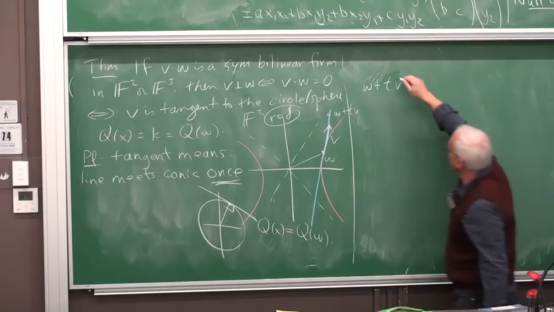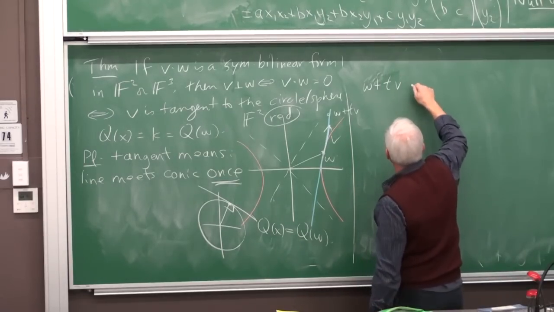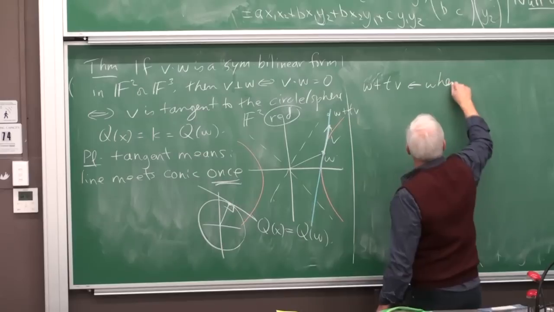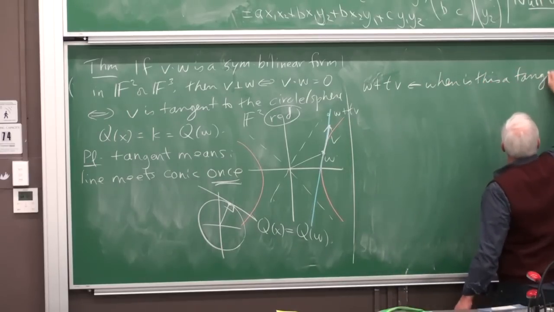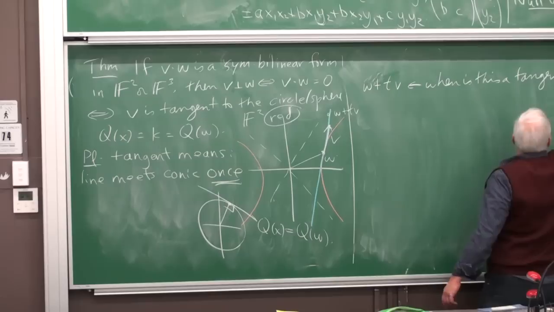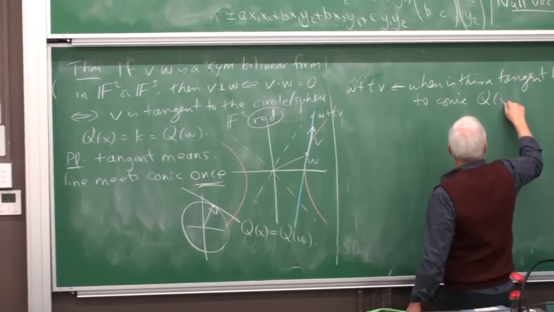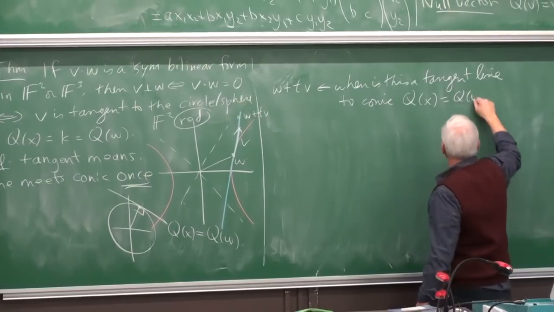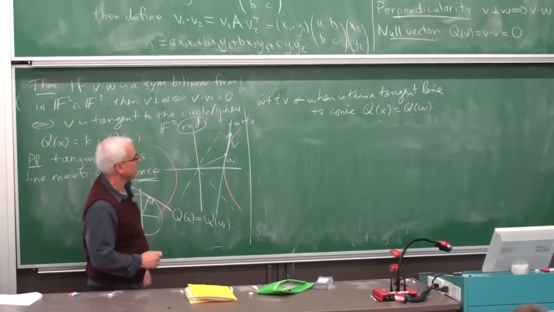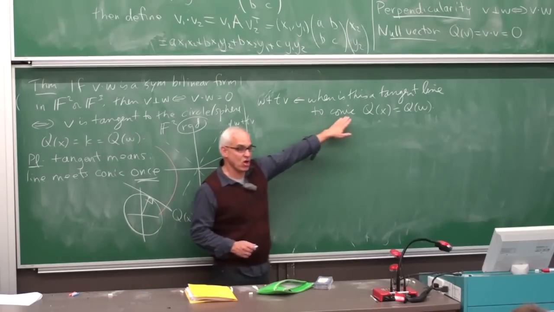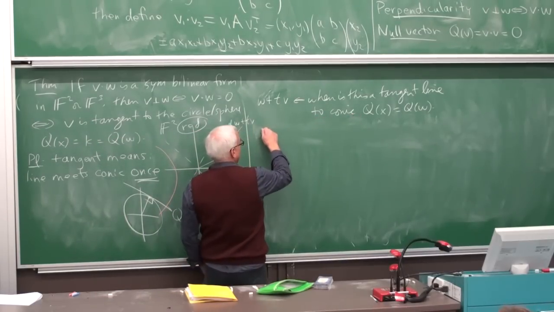We'll ask, when is this a tangent line to the conic quadrants of X equals quadrants of W? All right, so what is the condition? What is the equation of this conic? The equation of this conic is